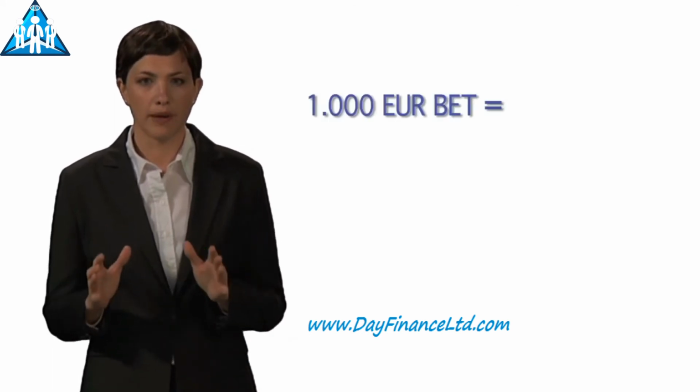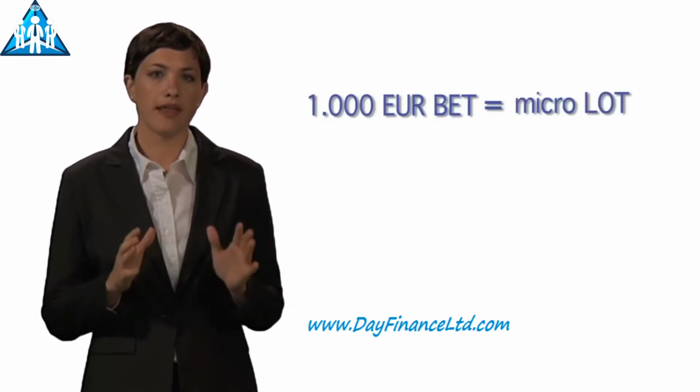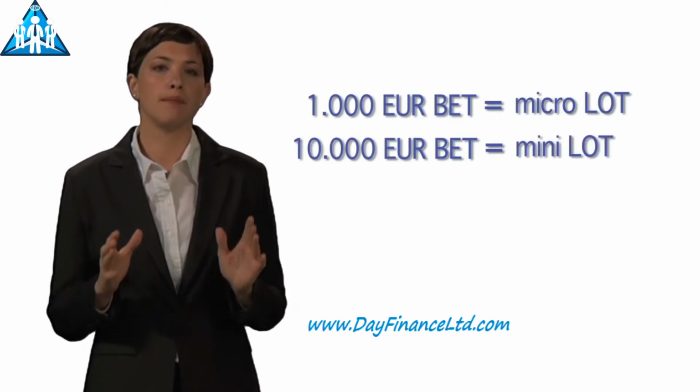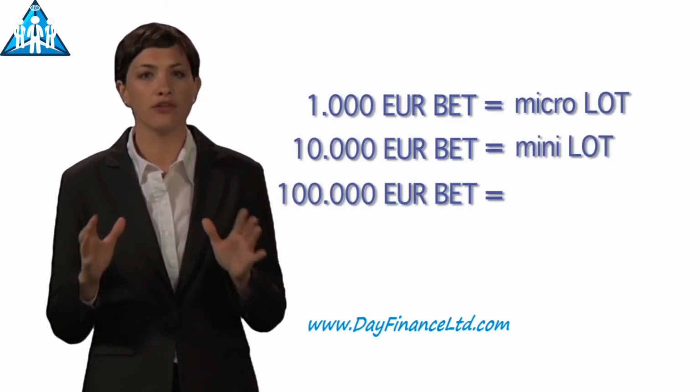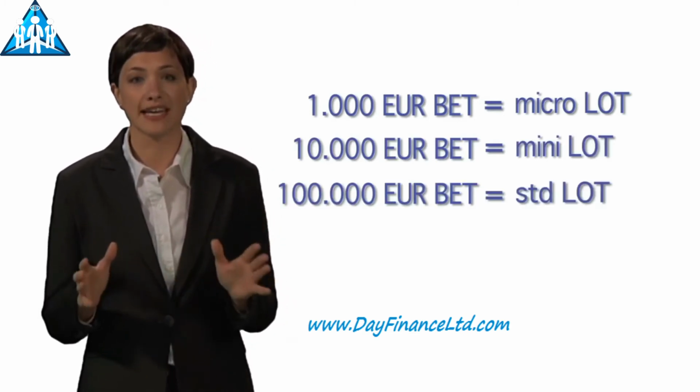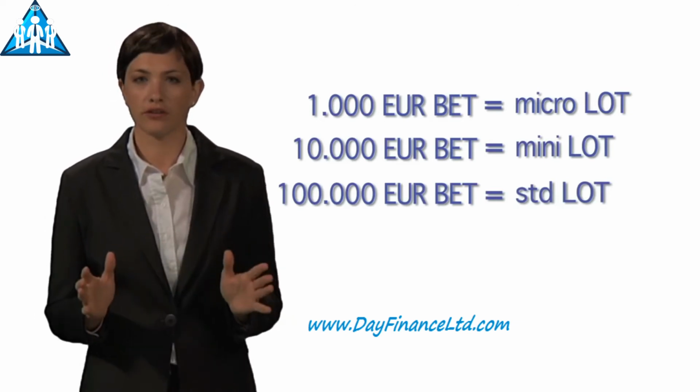A 1,000 euro bet is a micro lot. A 10,000 euro bet is what we call a mini lot. A 100,000 euro bet is what we call a standard lot. So, for example,